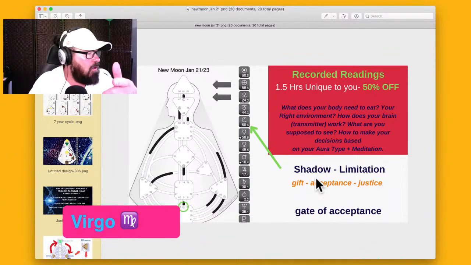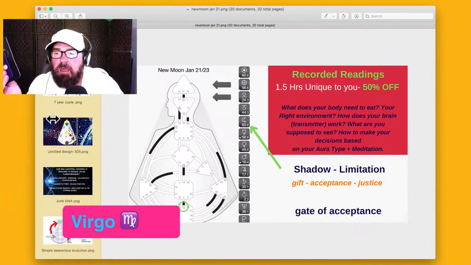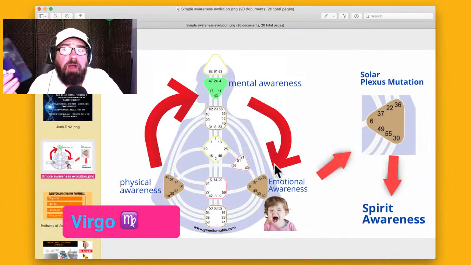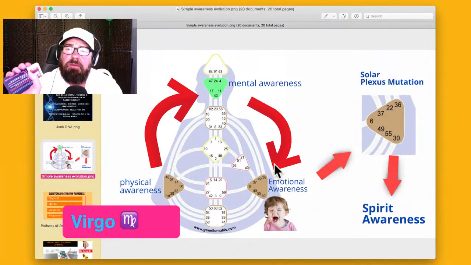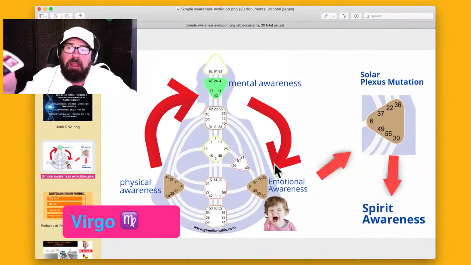So this is rejection. To look at this shadow of limitation is to always go within, right? Always go within first. And so we have to go back to the 0 to 7-year-old, right? Where you were rejected as a child. So this could be bringing up this wound, like, I'm being rejected by my romantic partner, and he's not fun, and he's not creative, and he's not giving me joy and play, and I really need that. Well, it's serving you. That's like to accept that limitation, that limitation that I'm not getting it from outside myself.